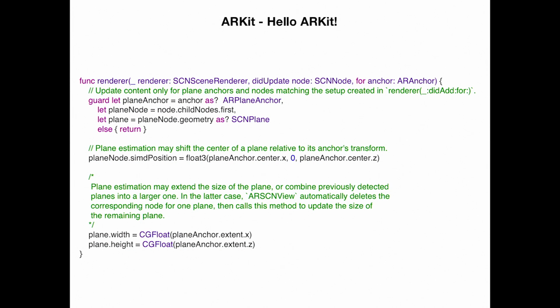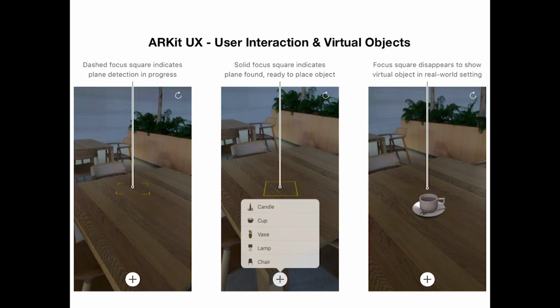So this is more of the same code. It's handling some other edge cases. In this case, estimating, because it needs to recenter the 0, 0, 0, the coordinates in the center. So that's what you handle here. And this is kind of what we saw. So first, you detect the surface. And once you detect it, it shows you a bounding box, the yellow box. And then you can